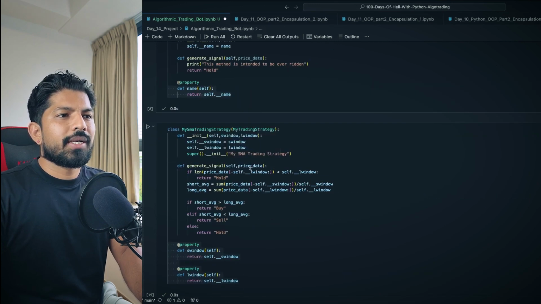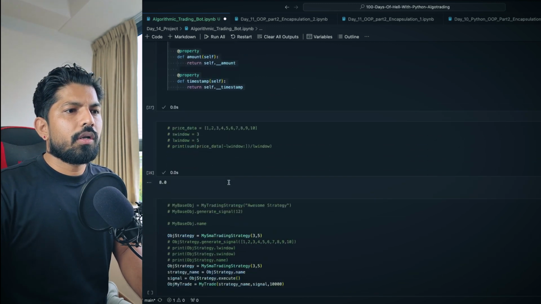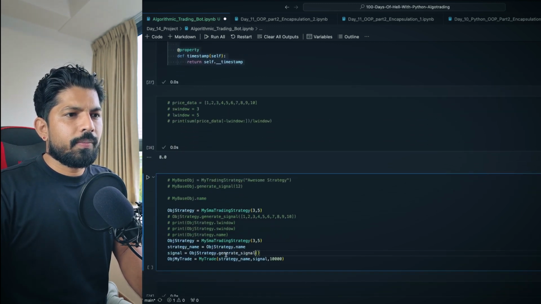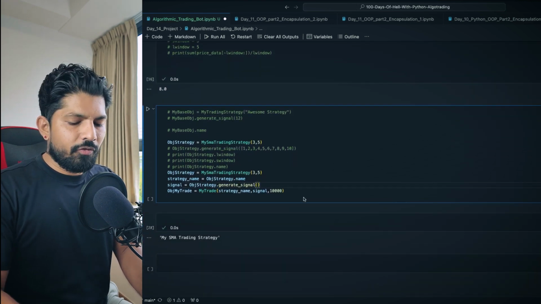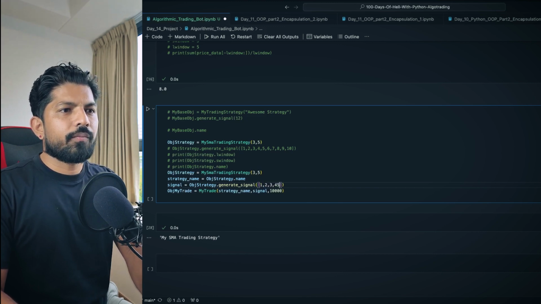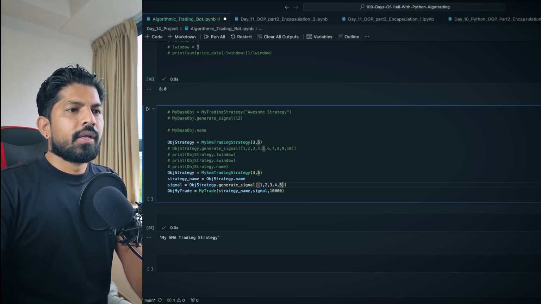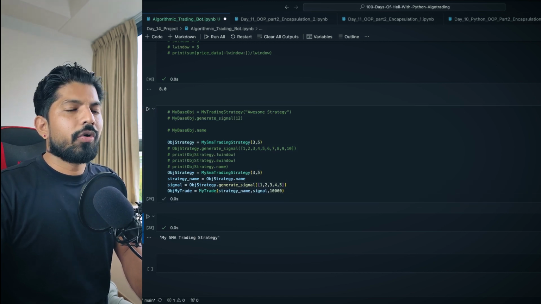So we have to pass the price data also here. I'll copy and paste it here, and then we can give the demo data for now, let's say 1 2 3 4 5. When I hit shift enter, oh, it worked fine.